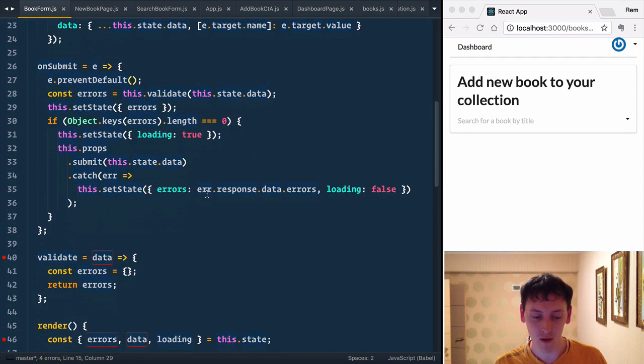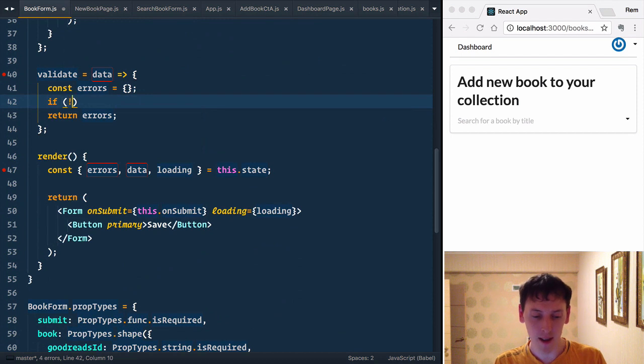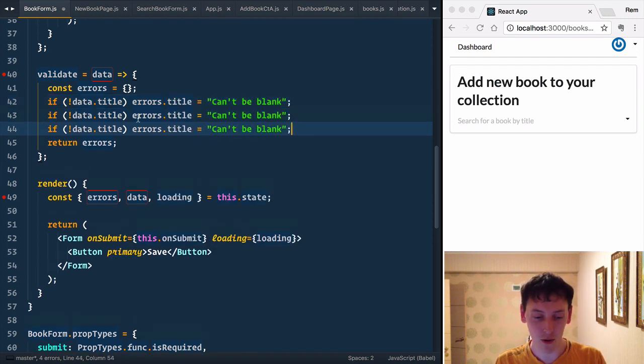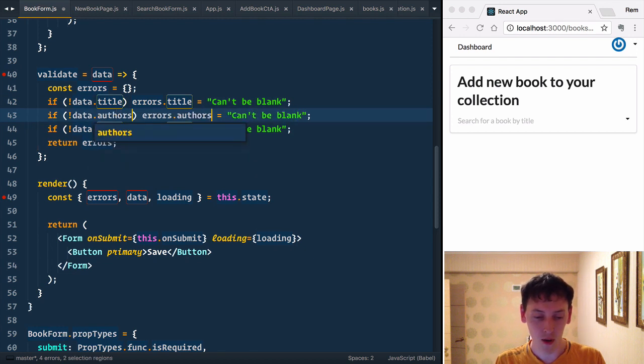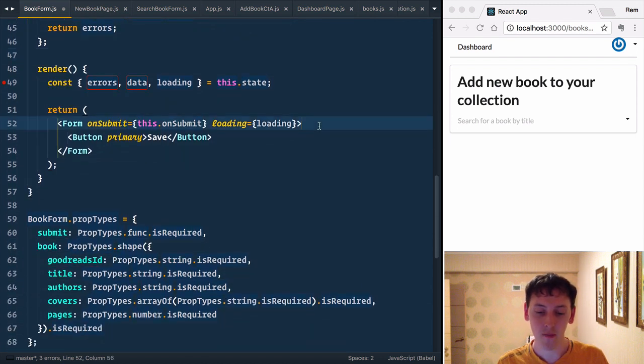So now we just need to define this form. For validations, we'll do if not data title, errors title equals can't be blank. And we'll do the same thing for authors and the same thing for pages. And now we're ready to define these things. So what do we want to have? We want to have two columns. In one column we'll have these fields, and another column will have the